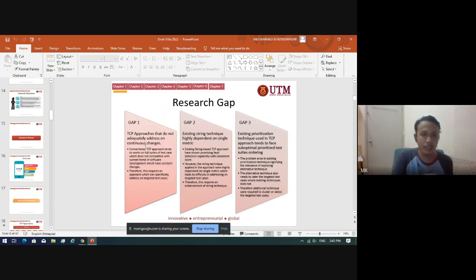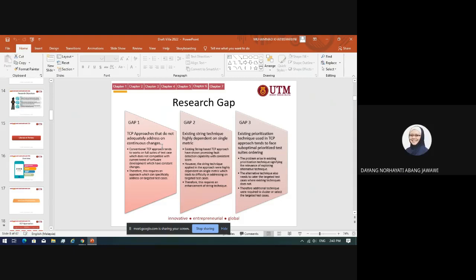to address the continuous changes, because nowadays software changes have been developed within a continuous changes environment. So in order to cater to the problem, the conventional TCP does not have any focus, it only focuses on some part of these cases. Therefore, we need to, what we call to